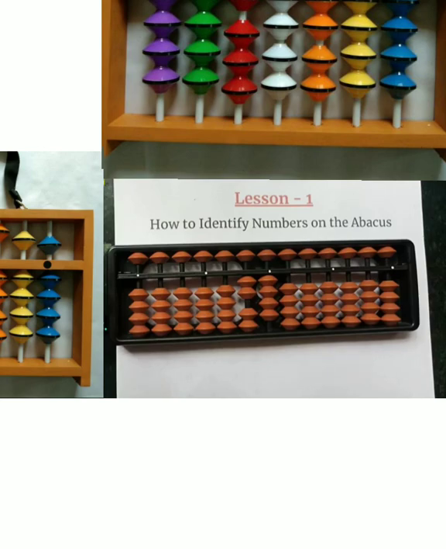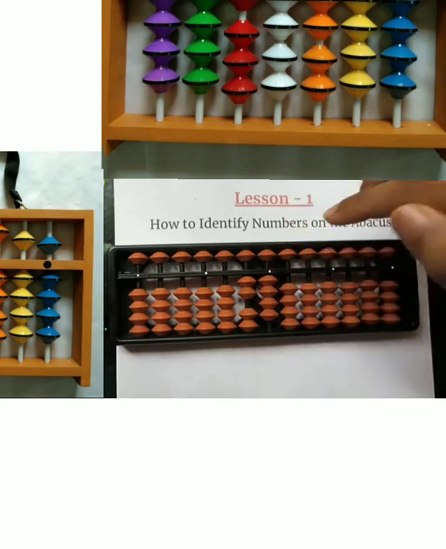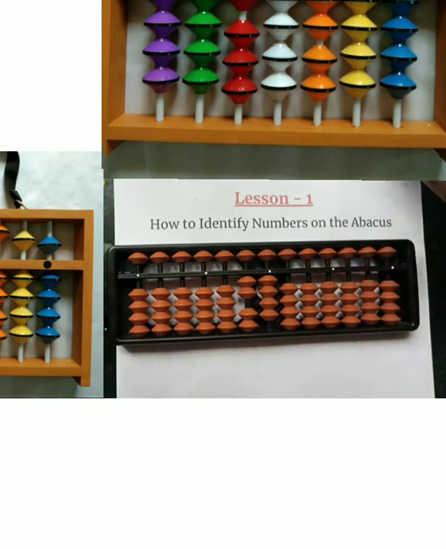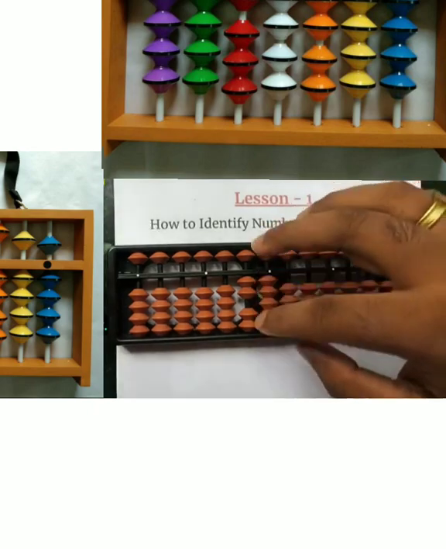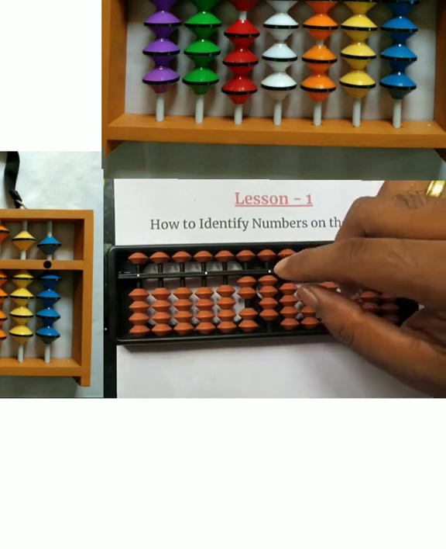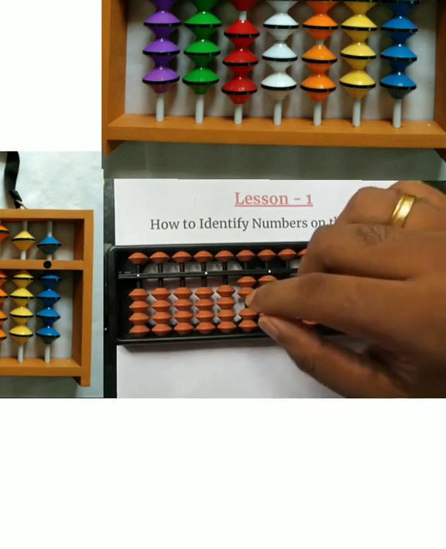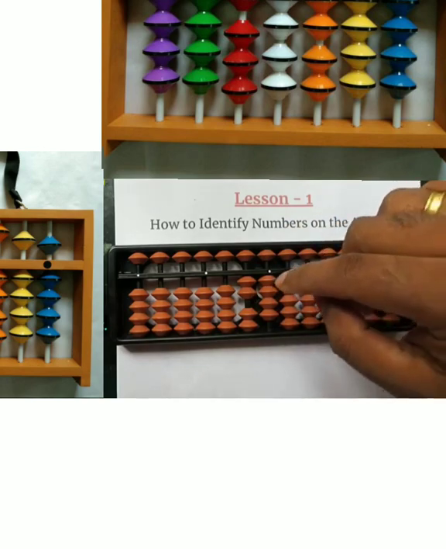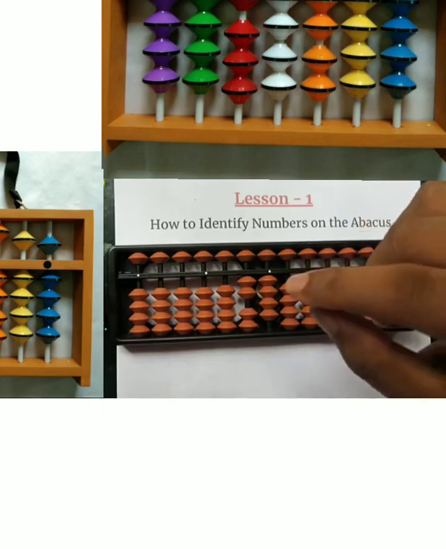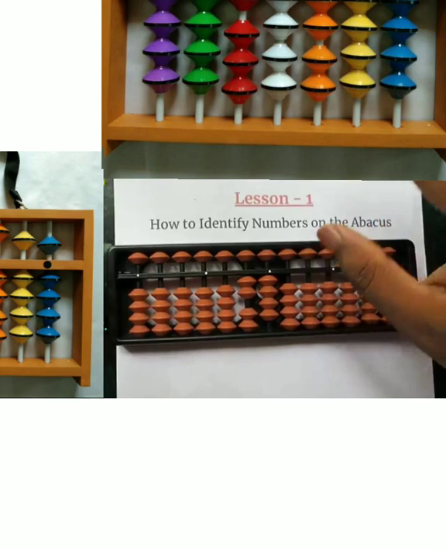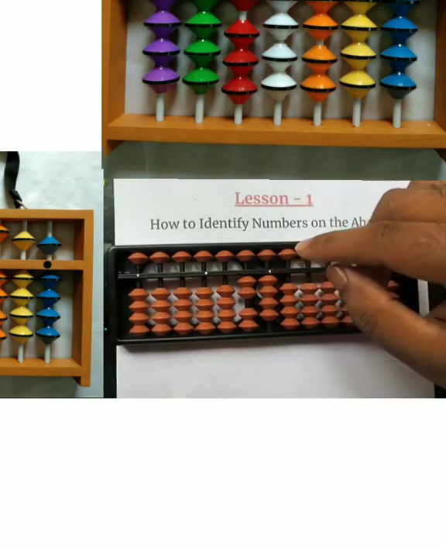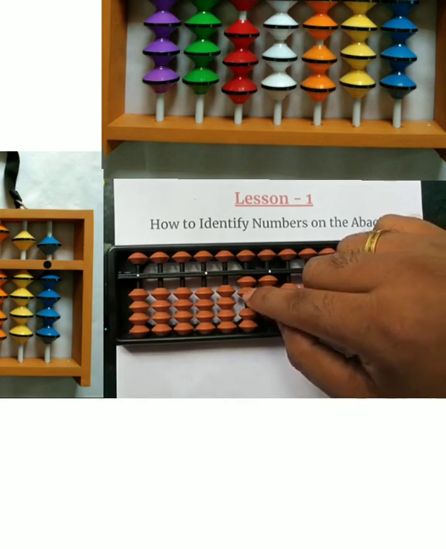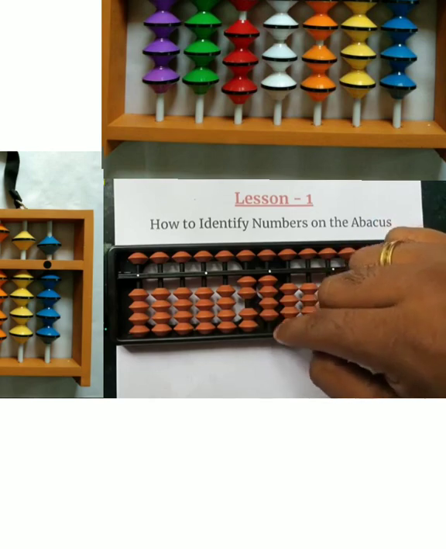Just like we write on paper with 2, 4, we have to represent the number on the abacus in the same fashion. So it is 2 on the tens place, 4 on the units place, and we have the 2 digit number 24. The individual digits that we represent are exactly the same on each rod of the abacus. Just as I demonstrated the digits on the units place for one digit numbers, the representation of digits on each rod is in the same fashion. No change at all. The only thing that changes is the place value. So this 2 on the tens place becomes actually 20, and this is 4, so 24.